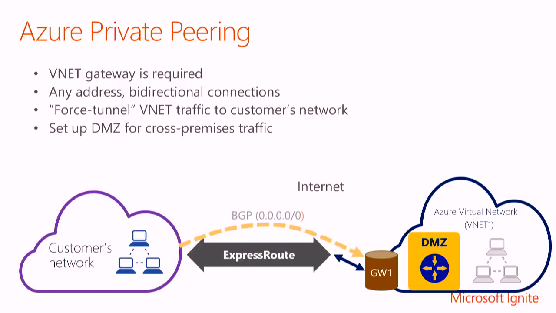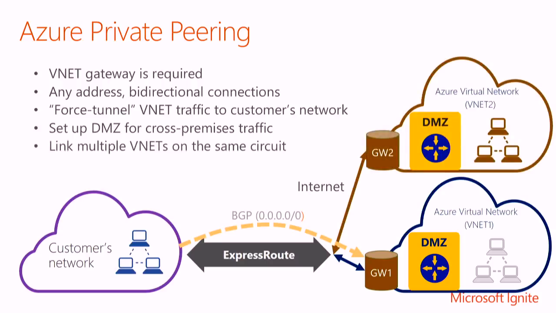ExpressRoute is simply a layer 3 connection. It is private to you. That's why there is generally not a need for encrypting it further, because it's your own connection. But some customers have a requirement saying, hey, I still want to encrypt. In that case, you can put appliances on both sides and create encrypted traffic and send it through the ExpressRoute tunnel too. That's also possible. Or you can have one ExpressRoute circuit connect to multiple virtual networks in your IaaS.